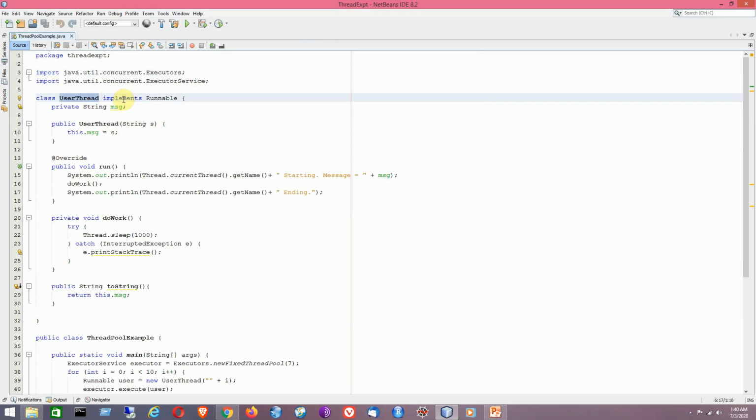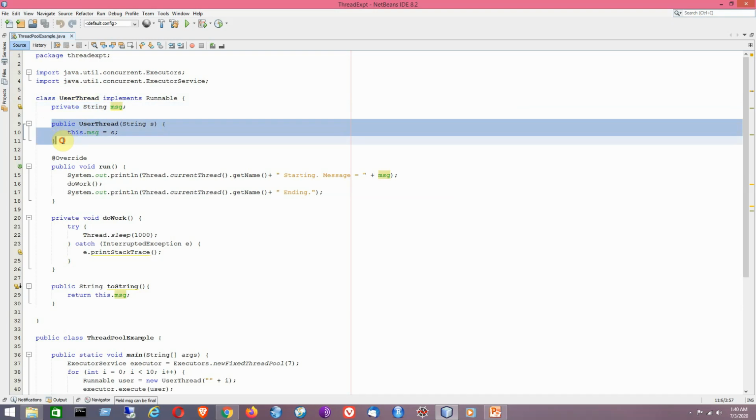It has a String message, which is an instance field of the user thread class, and we are going to initialize the value of this instance field by using the constructor. It will get called implicitly whenever we create an object of this particular class.